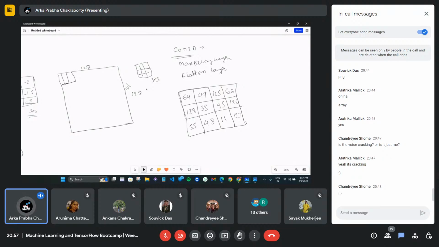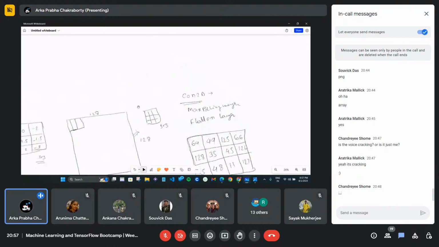If we are giving a 128 by 128 image, or in practice 256 by 256, that means 256 pixels in height and 256 pixels in width. You are not giving just one picture, right? We are not applying the neural network or convolutional neural network to one picture.